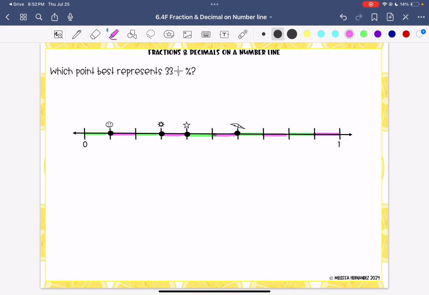Now, so what I'm going to do is look for the third one. 1, 2. It says best. This is not exact. It'd be just a little over. So here would be 33